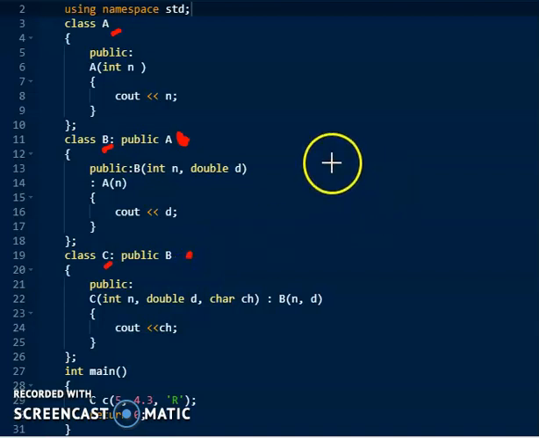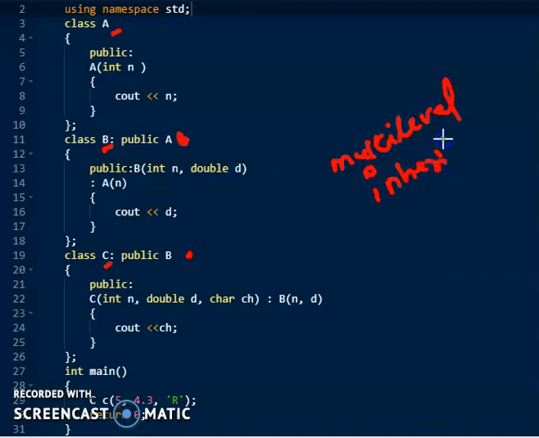So this is a classic example of multi-level inheritance. At multiple levels, a class inherits its previous class. Here class A is a base class and class B is a derived class.